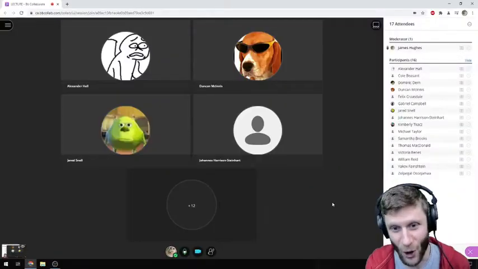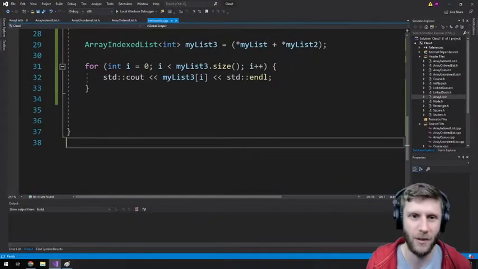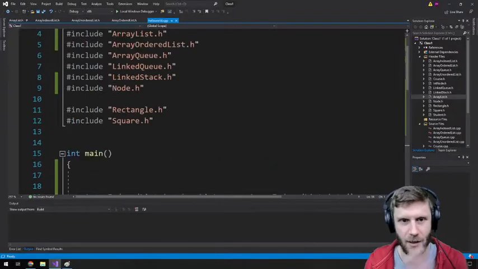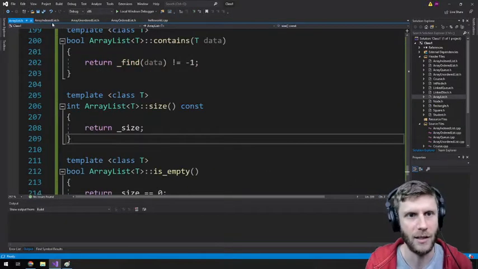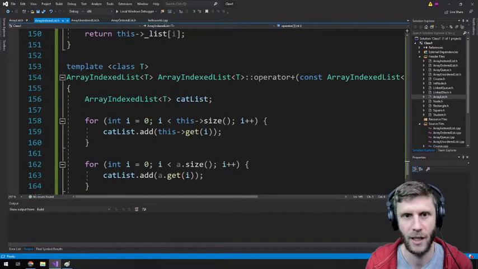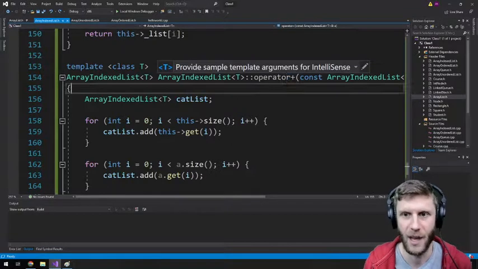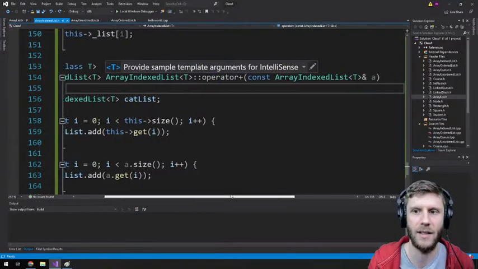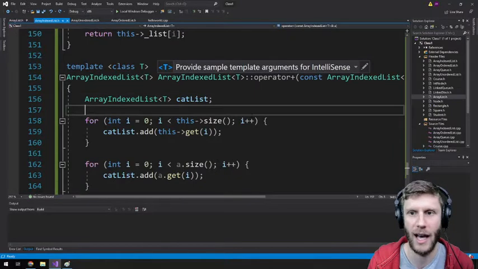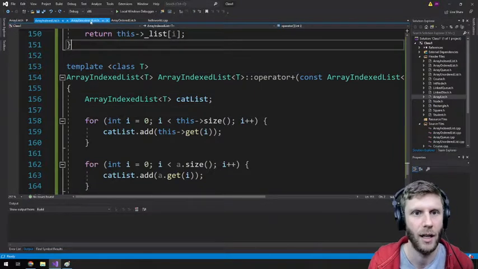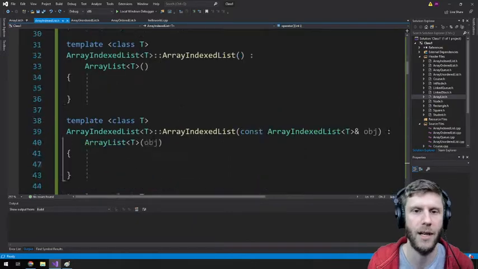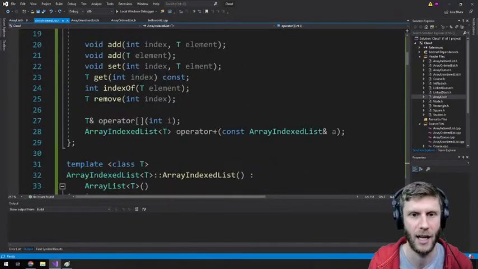But at the end of the lecture, I was trying to figure out why my thing wasn't working when I was overriding those operators. So I discovered what it was, and it was a very easy solution. So wait, where do we go? Array indexed list? Yes, so plus. What I had to end up doing was define the function as constant. So if we go up here, basically all I had to do was say,